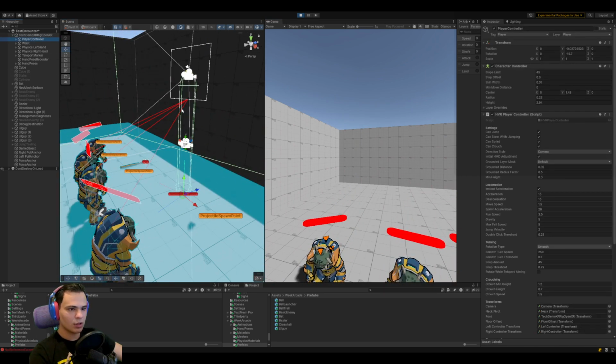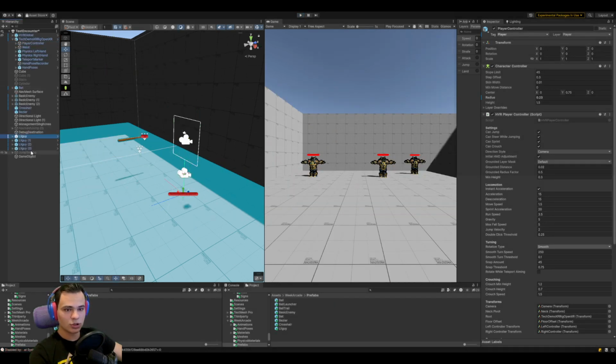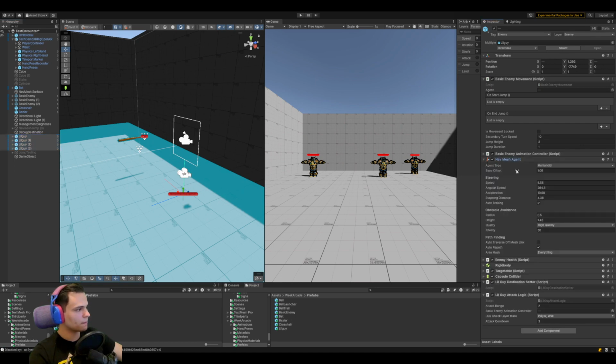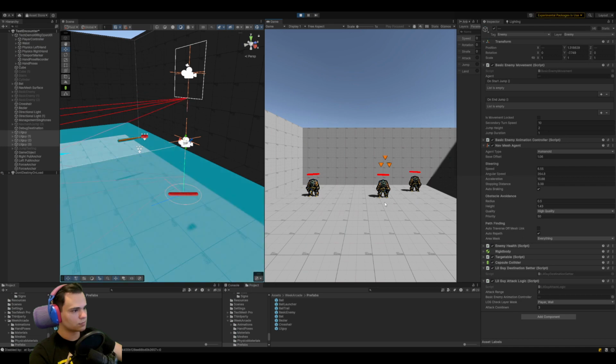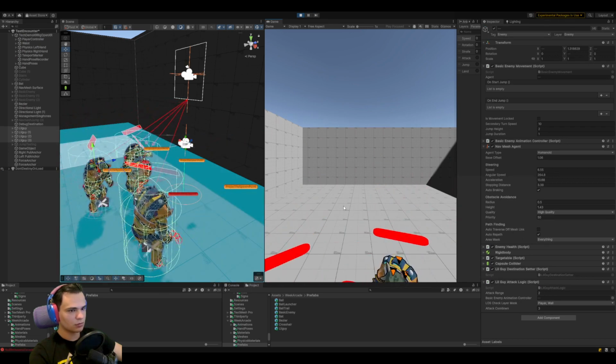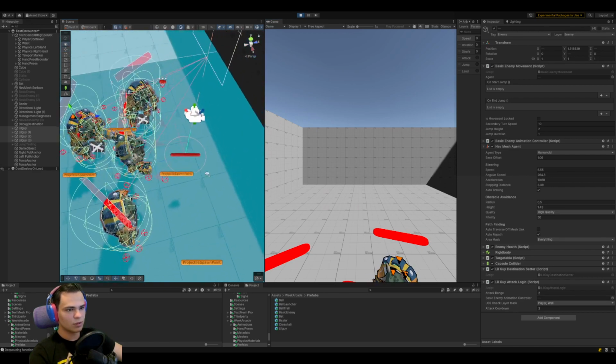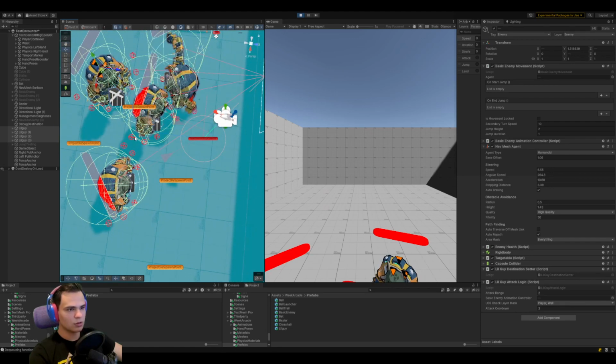Not really. I mean, they're aiming for this. I guess we'll have to change the stopping distance on them, because they're stopping too far, and you can see their attack logic, attack range is 2. Let's say that they're gonna stop at 3 point something because they need some time to brake. Are they good enough now? 1, 2, 1. So not all of them, but it is mostly because of grouping rather than